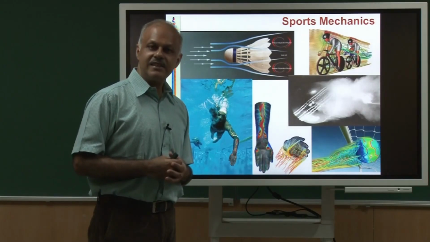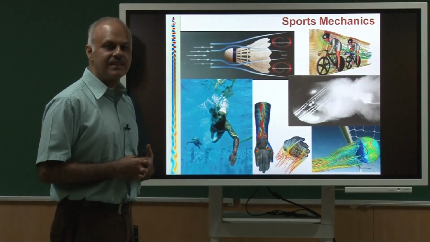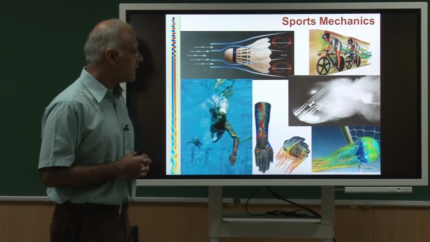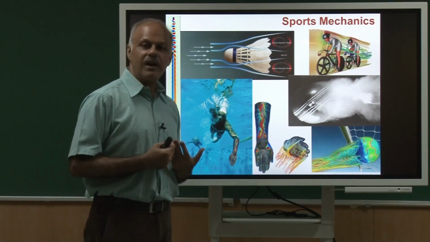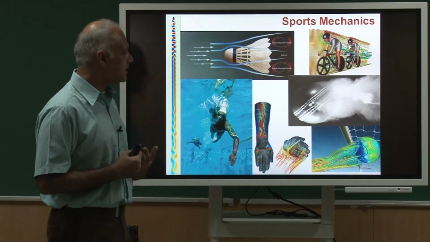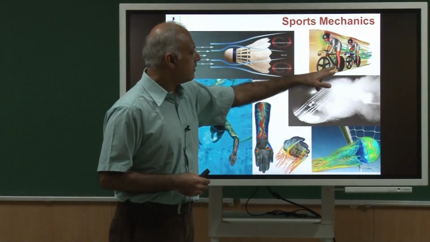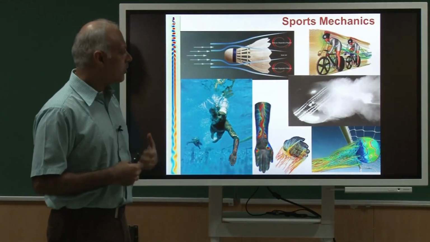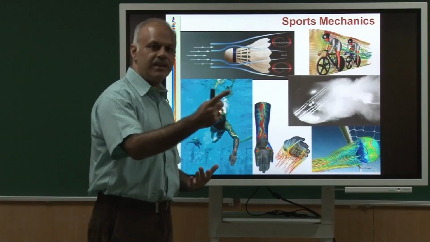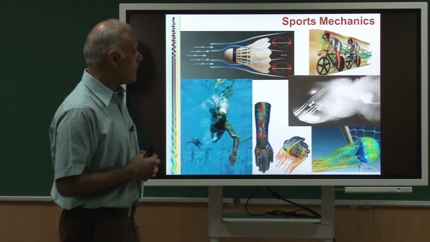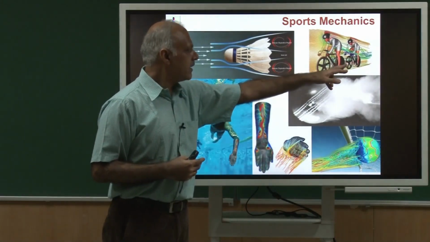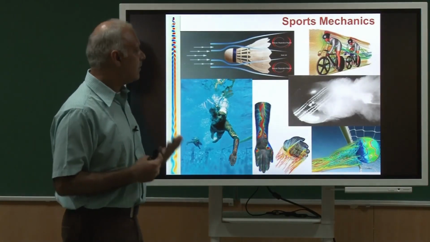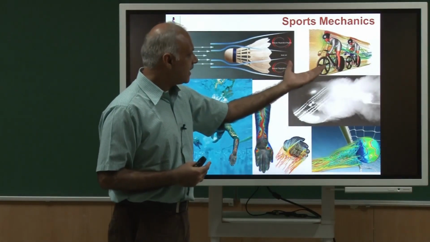Many of you may be interested in cycling. I am a sports enthusiast, and suppose I want to do well in an athlete meet. The question I ask my coaches is: who encounters more air resistance, the guy in the front or the guy at the back? If I am going around a circuit in a race, am I better off following somebody for most of the race, or leading? Who has more drag? You can actually do these calculations.